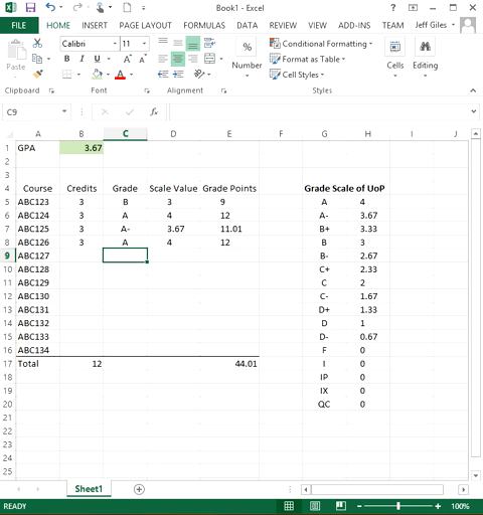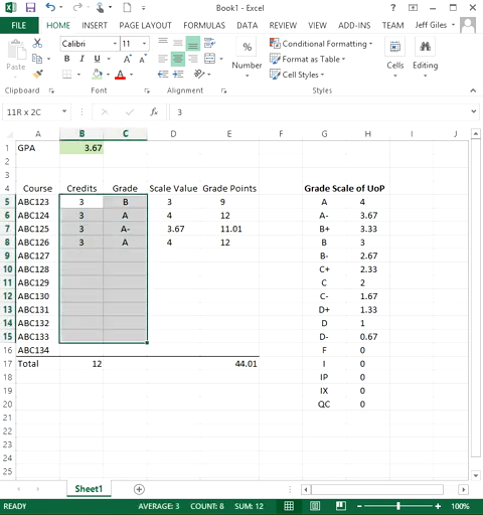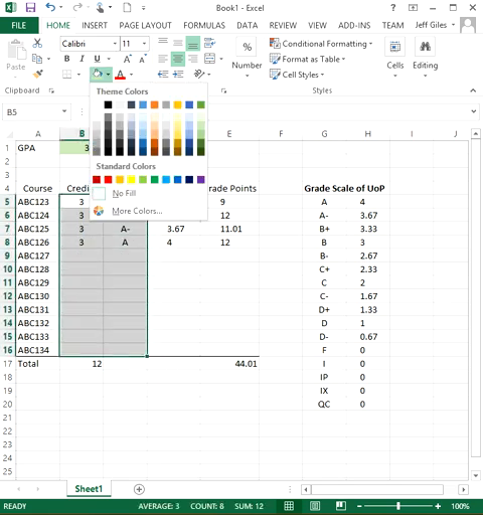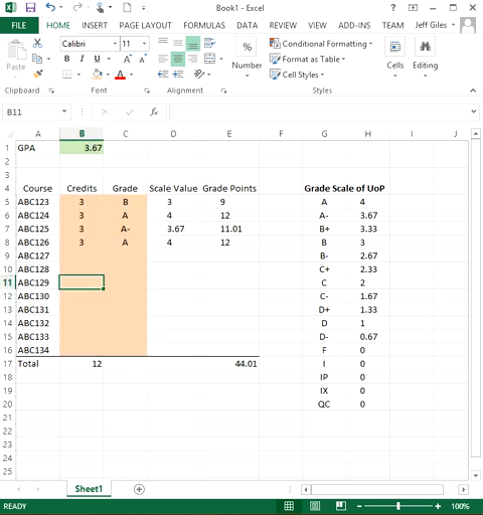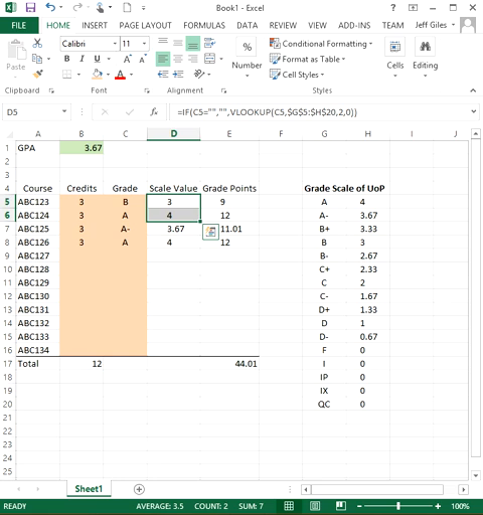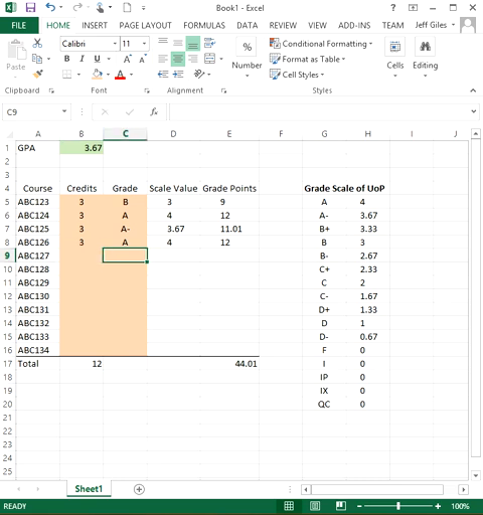What I like about it is you actually have to understand your GPA a little bit to use this calculator, but it lays it all out for you. Save this in your computer. Every time you finish a class, add your credit, add your grade, it'll auto-calculate. And then what I like to do on mine is I highlight these, just give it a color, because this is the column that I'm going to enter. This is all automatic. I never have to do anything over here. It's all done. So each class, I'll add the credits, add the grade,